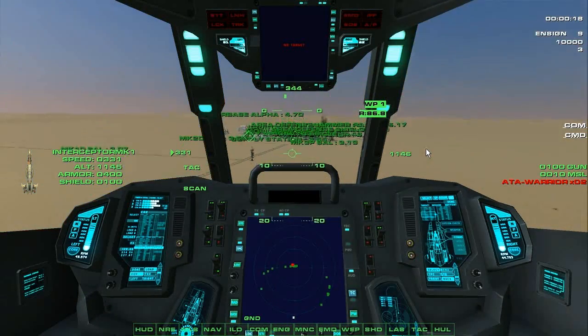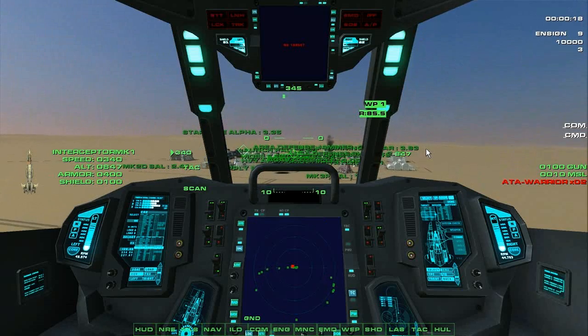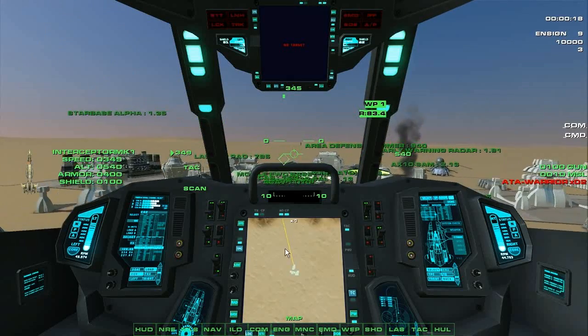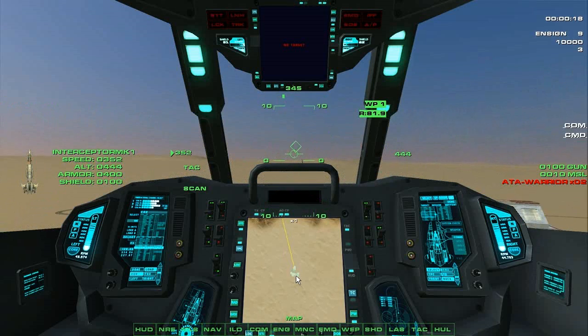And now I'm flying towards the waypoint. If I go to my radar by pressing N, this yellow line gives me the direction of travel. So I'm now leaving my base. I'm going to engage the enemy. Notice that I'm flying very low to the ground, 500 feet AGL. I can engage